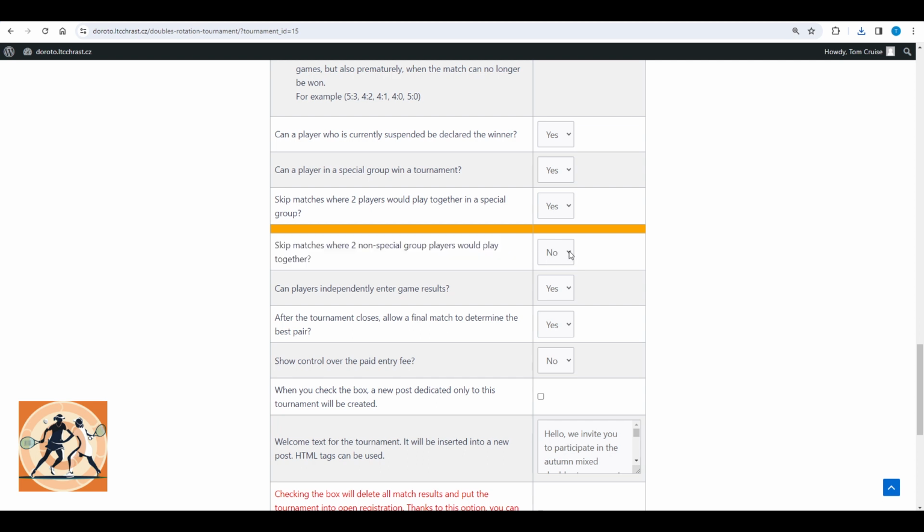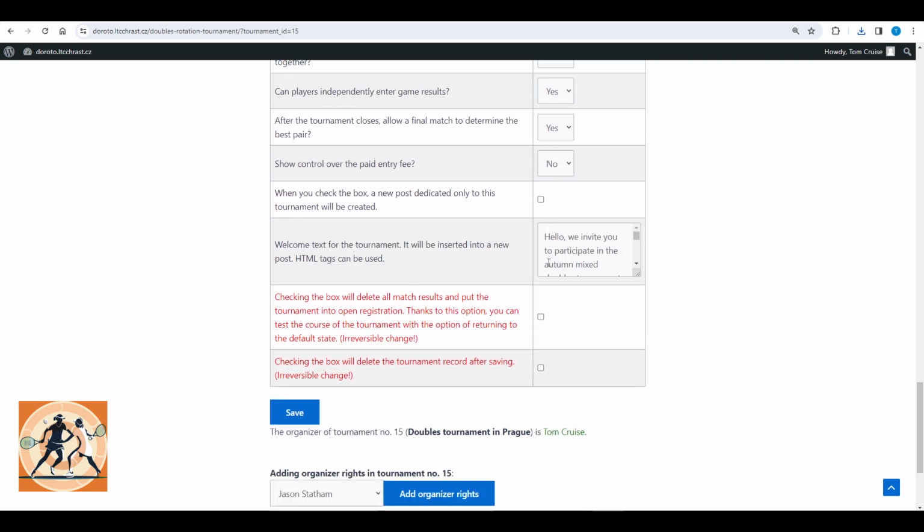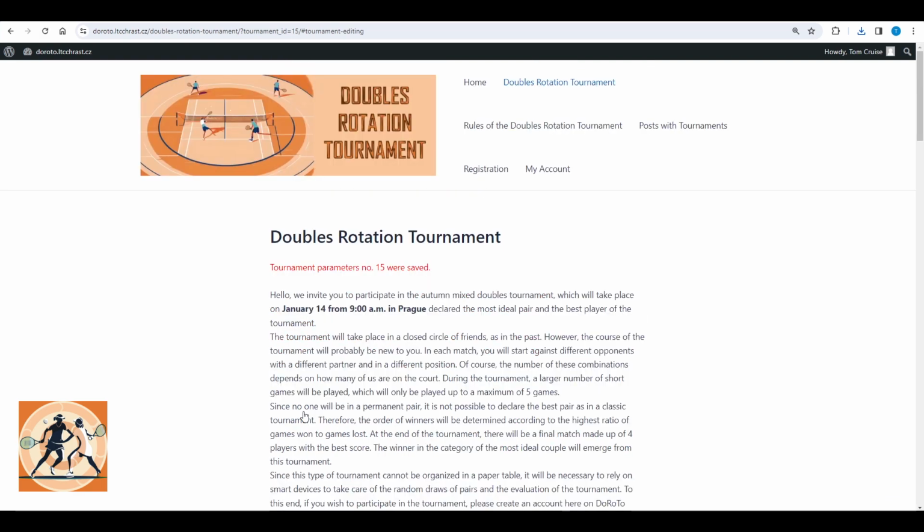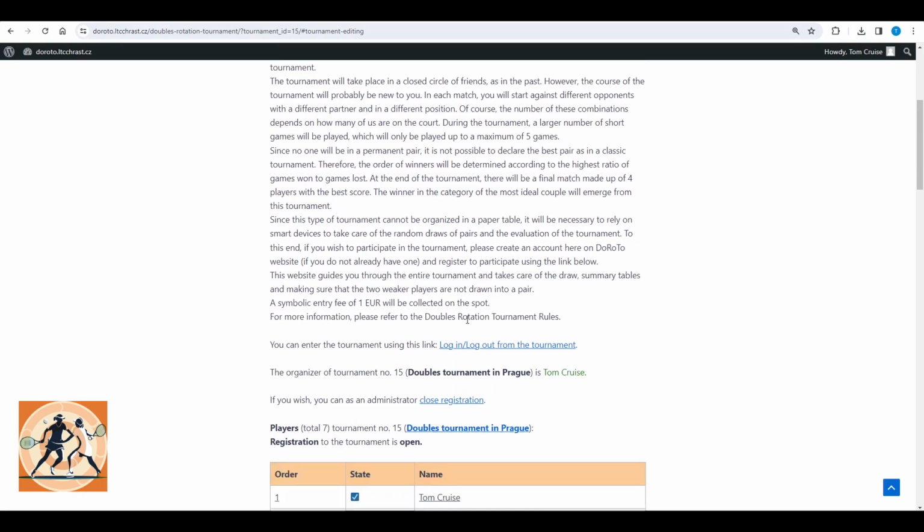However, it must be taken into account that, in our case, when we have fewer women than men, women will be used in more matches. However, the number of matches played does not affect the overall result of the tournament, as the player's placement is determined by the ratio of wins to losses, not the number of matches won.